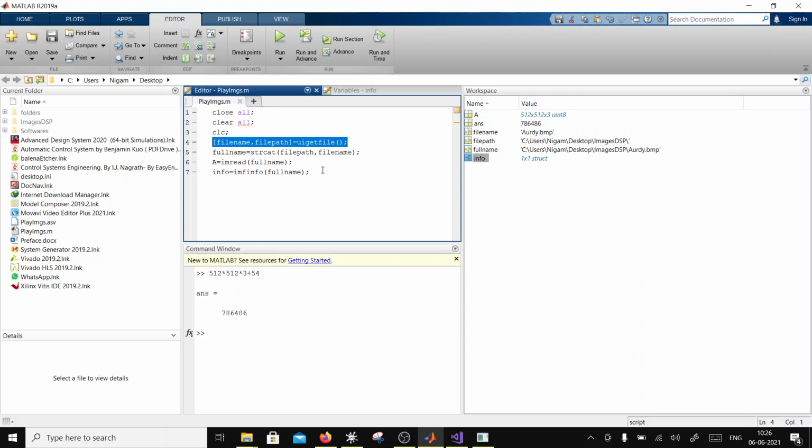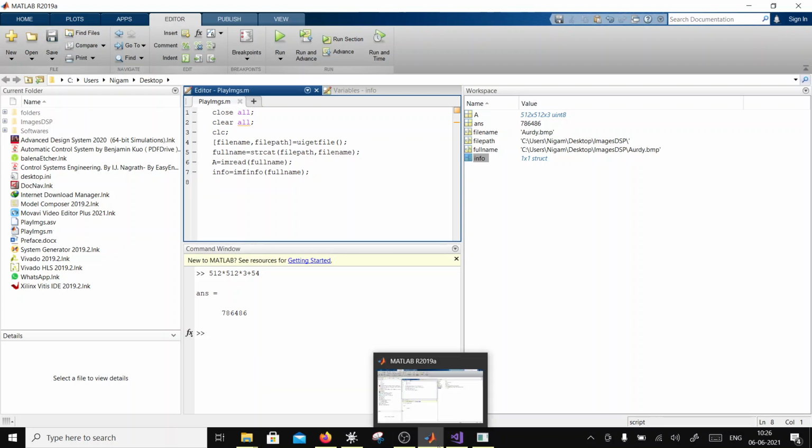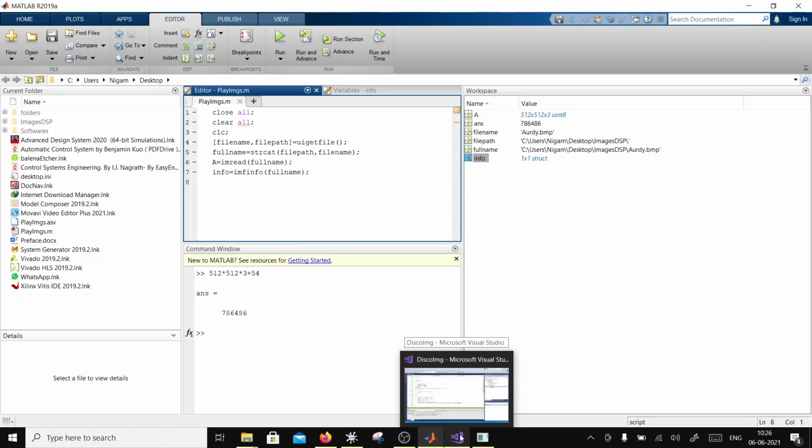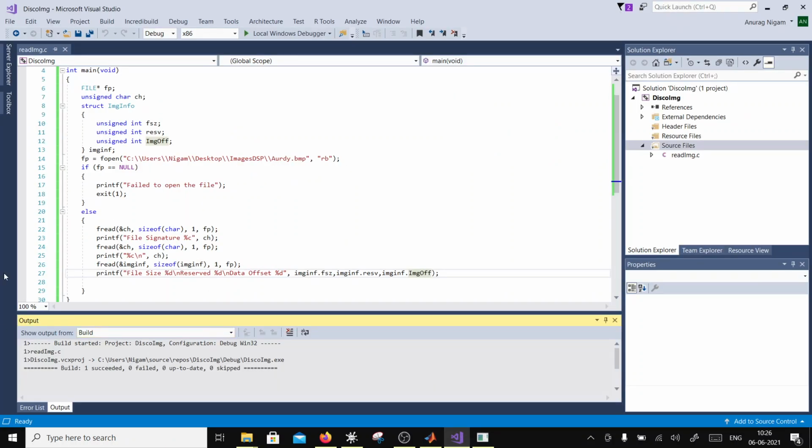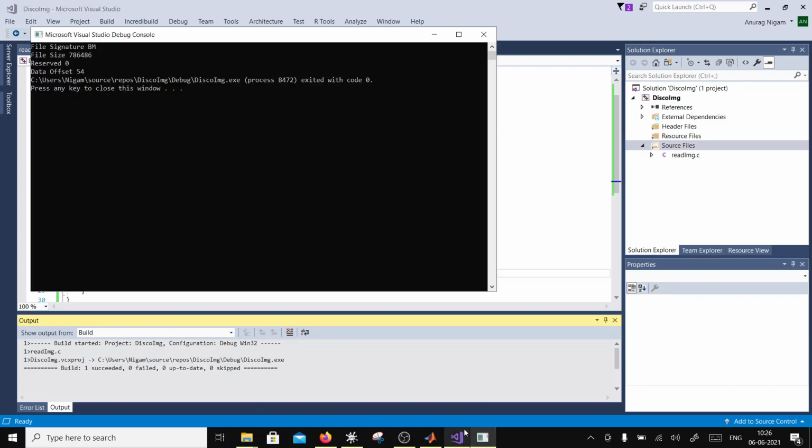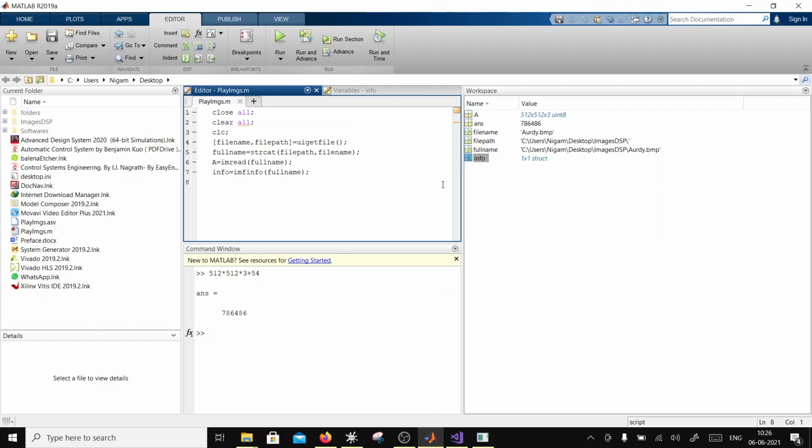Okay, so having said that, let's look at the data. So all you have to do is move the file pointer to the 54 address, from the start, and then from there you will start reading the RGB per pixel. Okay, so that's what it is doing. So here MATLAB is doing the same stuff.